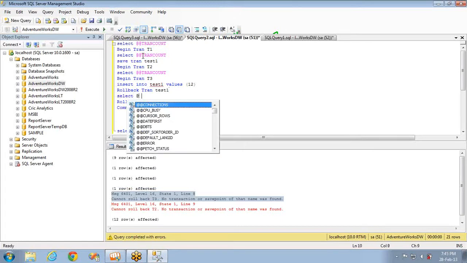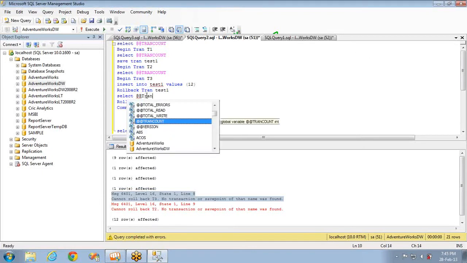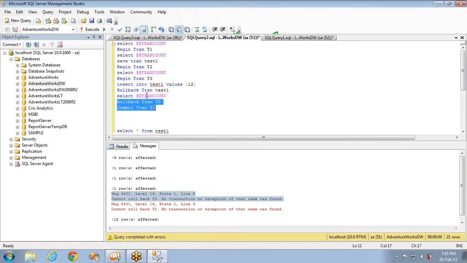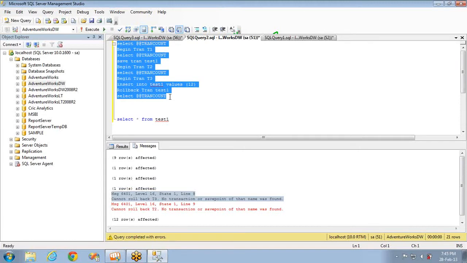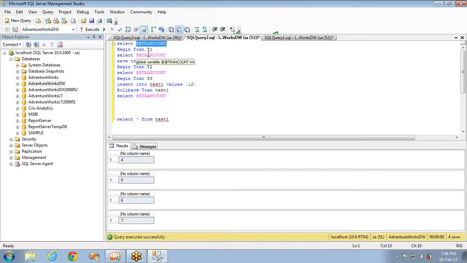Now I'm going here to see what's the trans count. I'm rolling back up to test1. I'm not rolling back the complete transaction. Let's see what will be the transaction count. Generally, if you apply rollback, it will be completely gone to the start point, right? Now, if you see this execution, there are so many open transactions. There are 4 open transactions, and it has become 5th. It has become 6th, and this is inserting a value, and this is going back up to this transaction, and then it is getting the value.